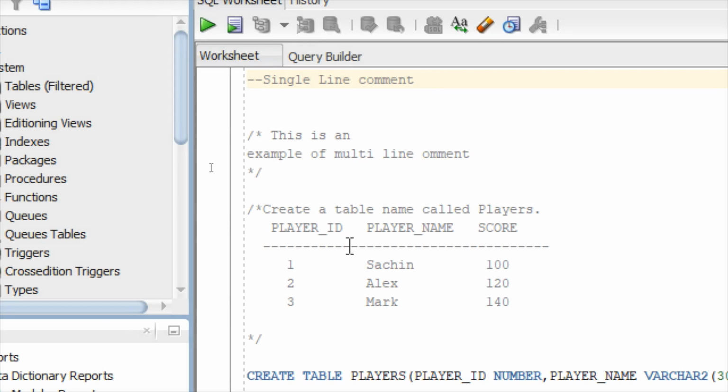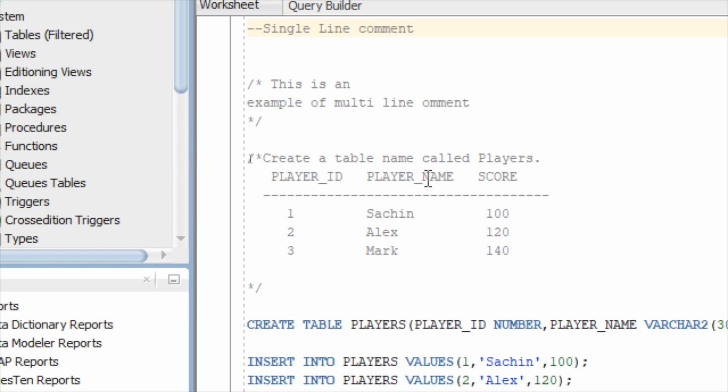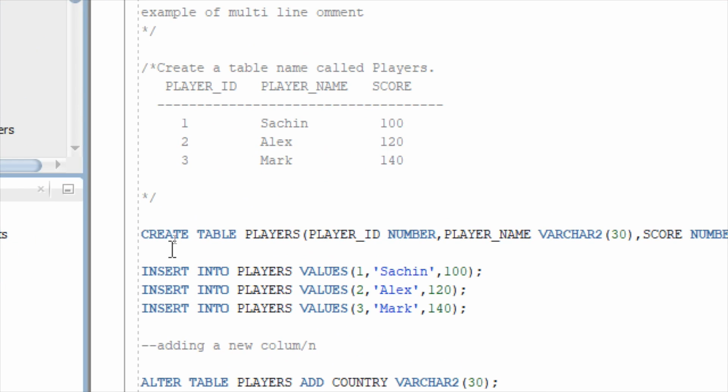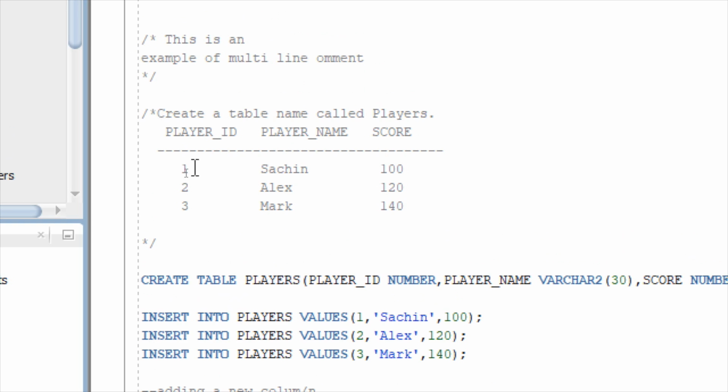Now we're going to create a table. I am going to create a table called players, and under the players table I have player ID, player name and score, and I have 3 different rows. Shall we create the table like this? When you're going to create any table, please see the syntax of creating a table. For example, see here, create table, your table name. So I'm going to create a table called players, and under the players table I have 3 columns: player ID, player name and score. So that's why I have mentioned player ID, player name and score.